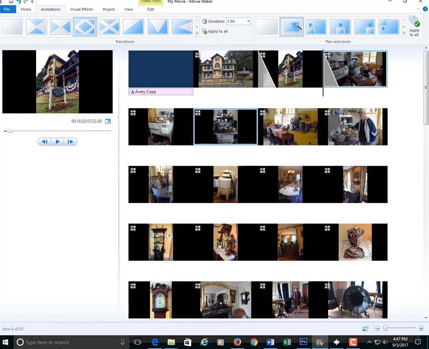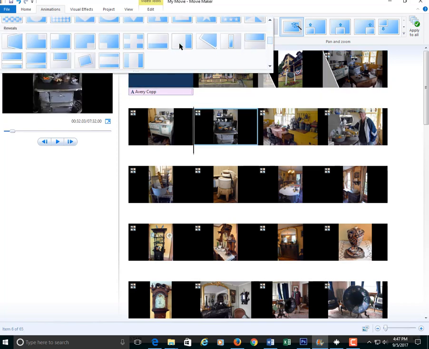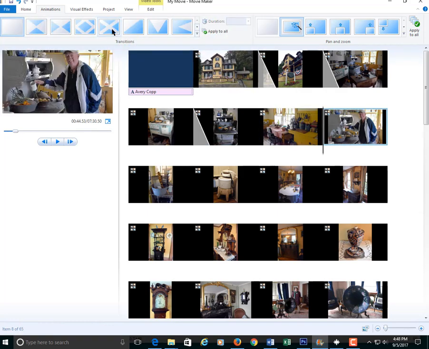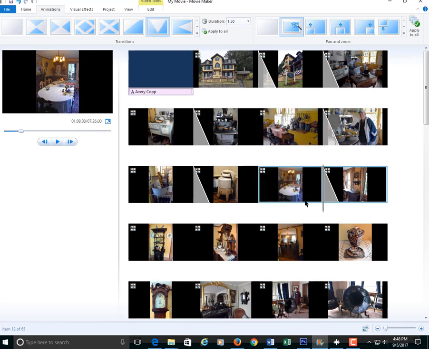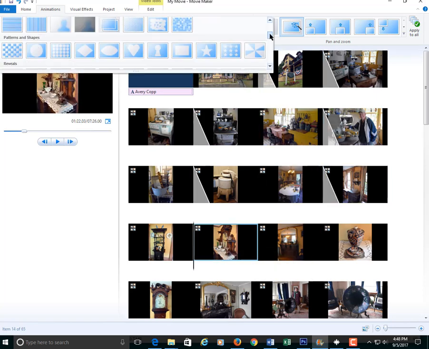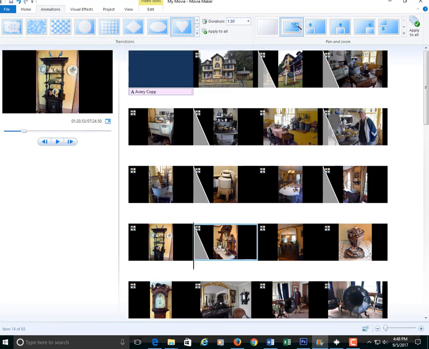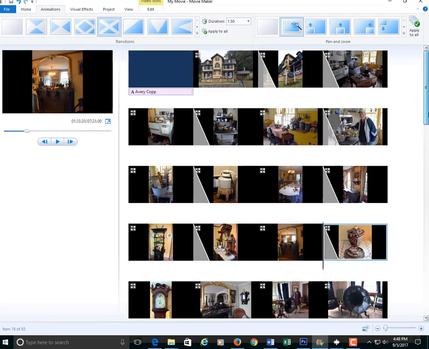I could go to the next one here, drop down arrow. It shows a ton of them. I like to vary it. Sometimes just every other one. Sometimes because I'm in a hurry, I just go here, and then this will take a moment to do. Show you this thing here. I could put a heart. I could go over here. I could scroll down,